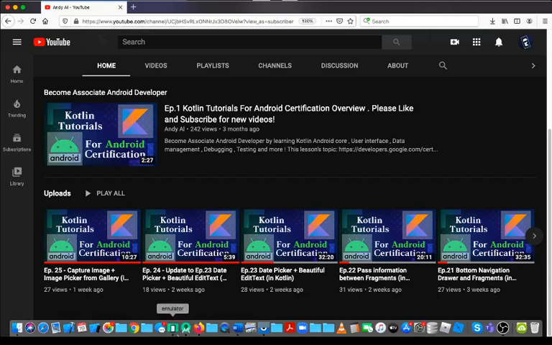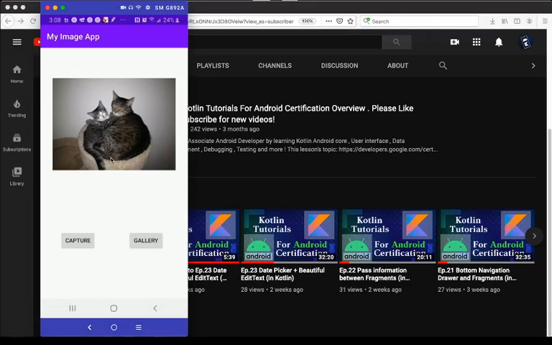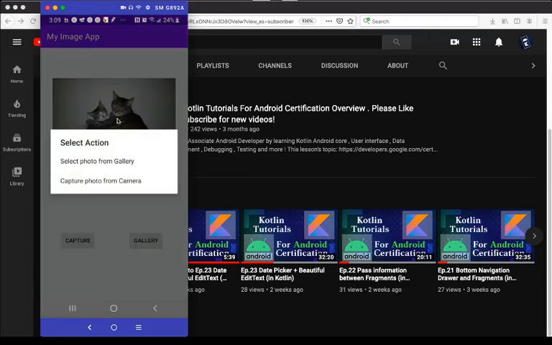In my previous episodes, we created this app where you can click on capture or gallery and it makes a picture or picks a picture for you from your phone. It works, but it doesn't look too professional. Nowadays, the way it works, you click on the picture and then like this. This is my actual phone, so you click on the picture and it tells you what to do. You can pick from gallery, make a picture, or some other action. Doesn't have to be picking or making pictures. You can do some other actions. So let's work on that alert dialog